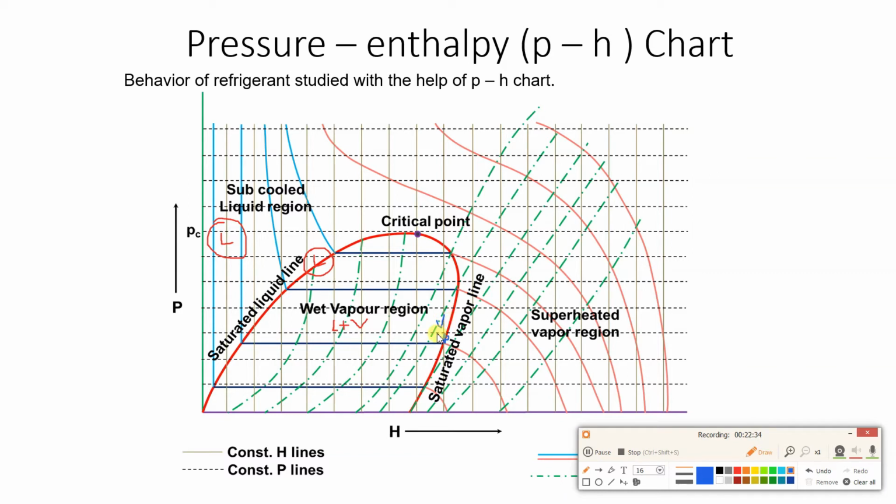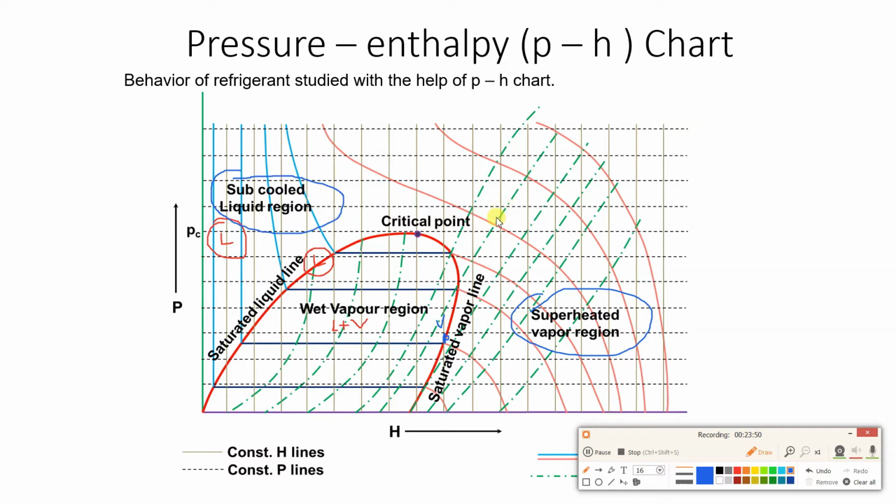Now if you go by the example of atmospheric pressure and 100 degrees Celsius, at this saturated vapor line you will have vapor at 100 degrees Celsius. So saturated liquid will be liquid at 100 degrees Celsius, saturated vapor will be vapor at 100 degrees Celsius. I am giving you the example of water from thermodynamics. Here refrigerant is there, and it depends on pressure also. If pressure is more, boiling point will increase. If pressure is less, boiling point decreases. All these things we have to take care of. So this is saturated vapor, and if we go on adding sensible heat, the saturated vapor temperature will increase and it will become superheated vapor.